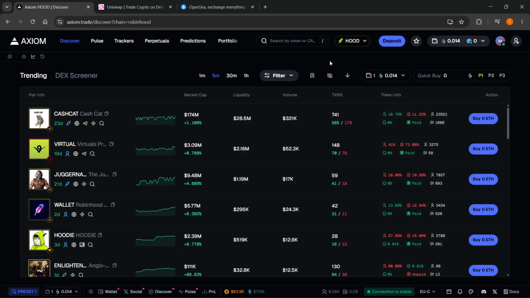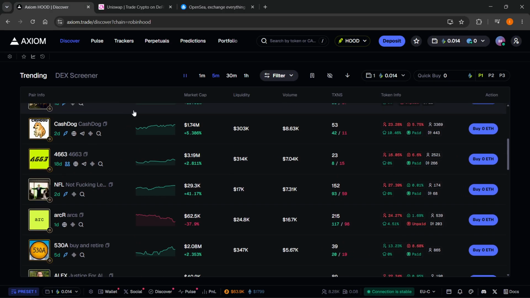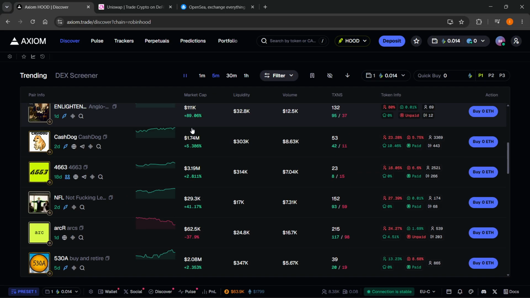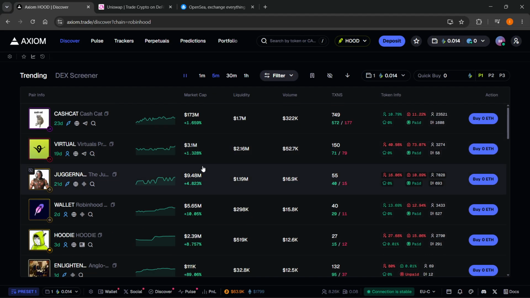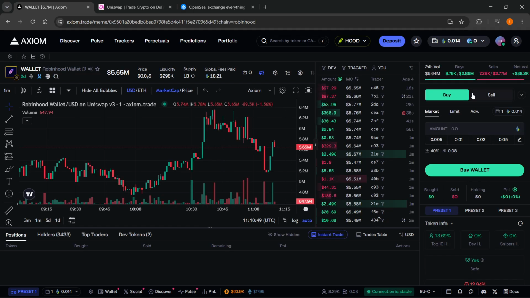Now on here, to actually go and buy meme coins, you have a few options. If you go to this Discover tab, top left, you can see over here there's going to be all the trending meme coins on the Robinhood chain. You can just click on any one you want. I'm not affiliated with any of these coins. I'm just going to click on a random one over here just to show you how this is done. You can click on any of these, and you can see over here on the right,